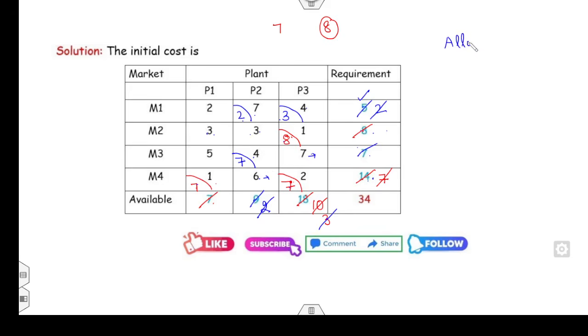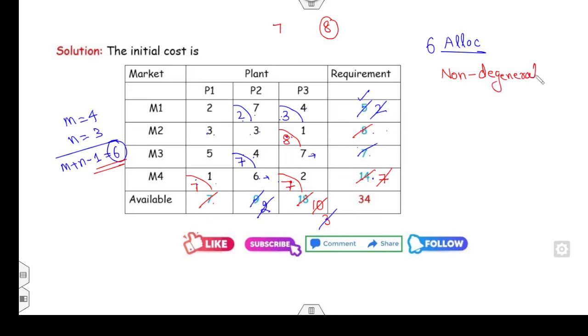Then how many allocations do you have? M is my 4, N is my 3, so M plus N minus 1 is my 6. And how many allocations do you have? 1, 2, 3, 4, 5, 6. You have the 6 allocations, which is equal to M plus N minus 1. Hence, your initial basic feasible solution is non-degenerate